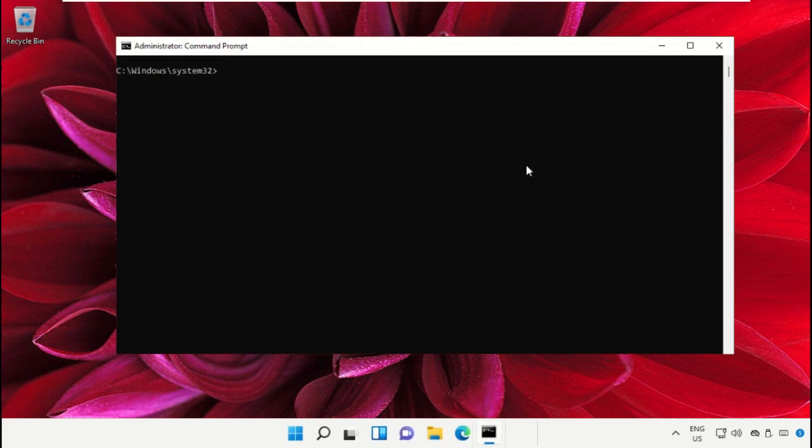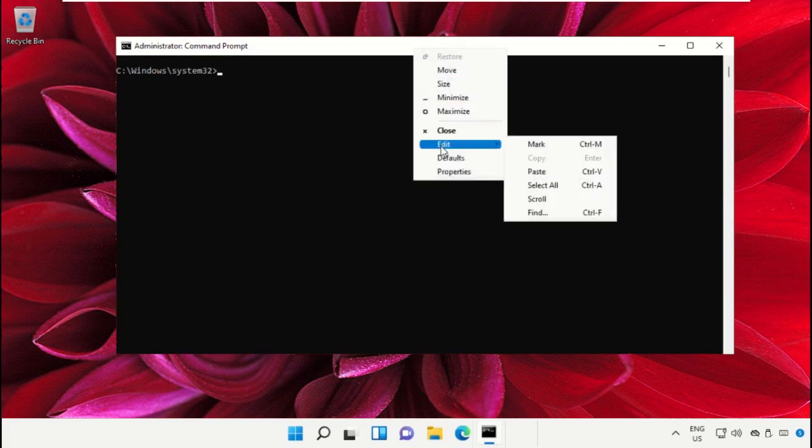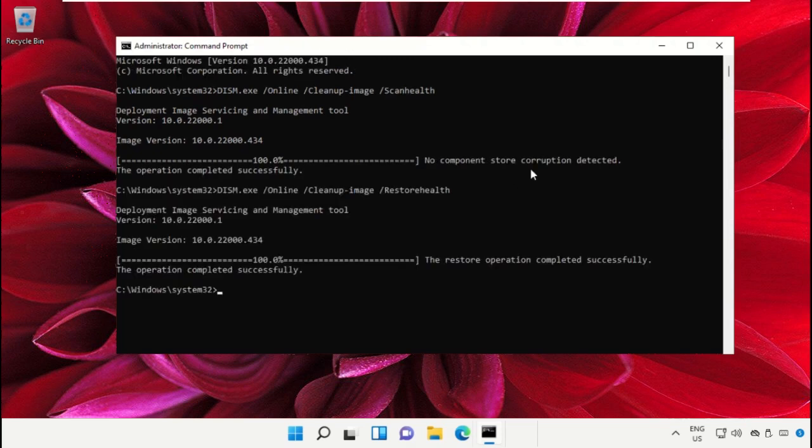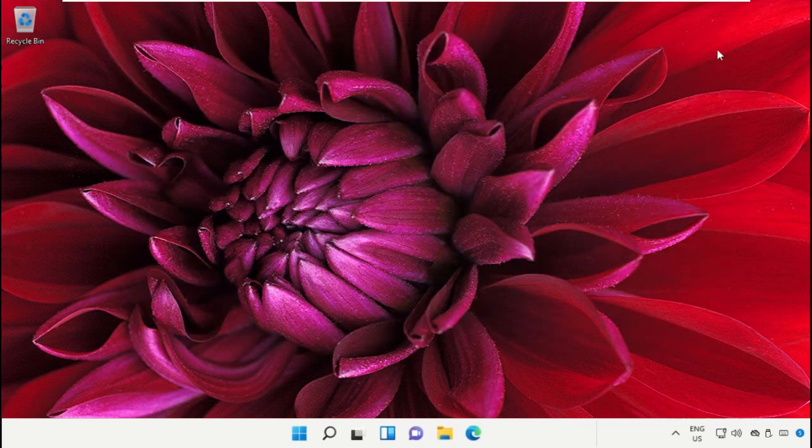Now go for this command, again hit enter. Close command prompt window,